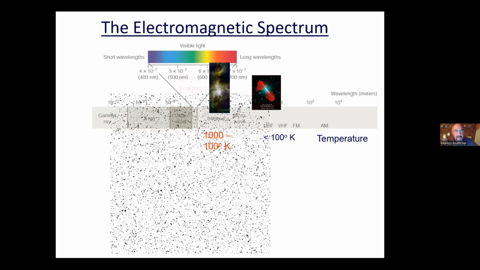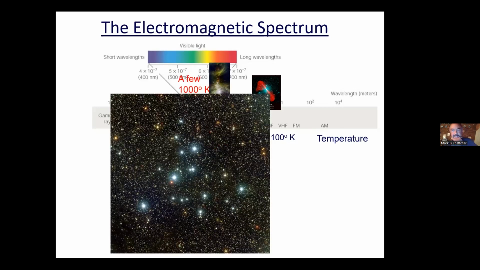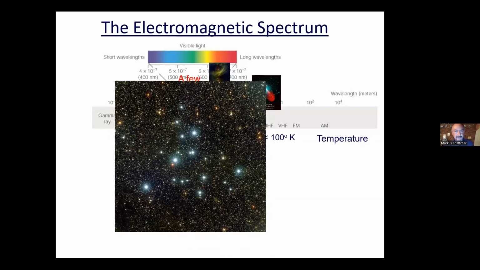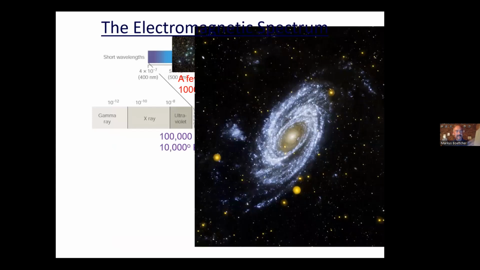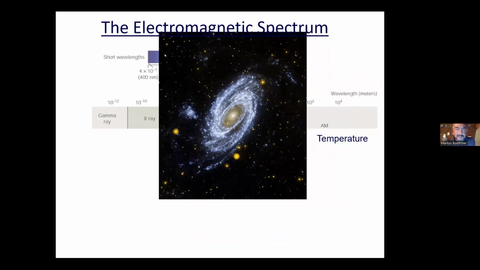In visible light, we see mostly stars, because stars have a characteristic surface temperature of a few thousand Kelvin. We know that the sun has a characteristic surface temperature of a bit less than 6,000 Kelvin, and most stars are like that. This is why when we look up in the night sky, it's mostly stars that we see. At even higher energies, probing temperatures higher than 100,000 degrees Kelvin, it's still mostly stars that we see there. It's just hotter, more massive stars than sun-like stars.